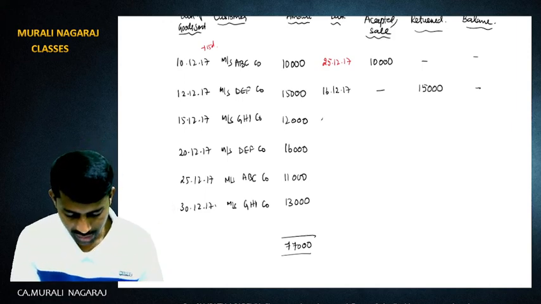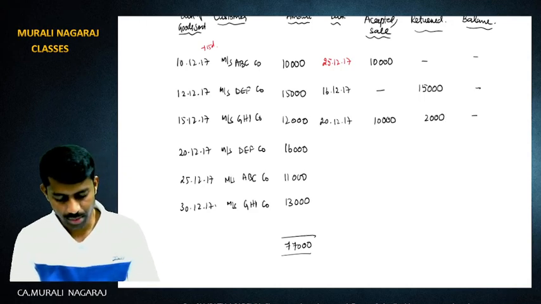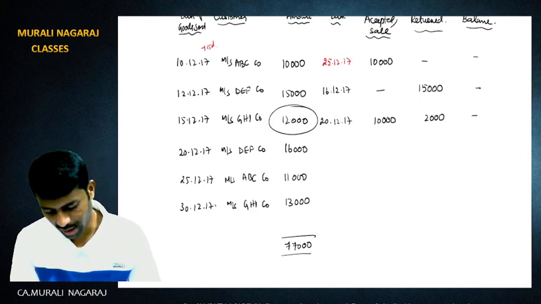So therefore on 20th we have to pass the entry. 20th 12 17. So 10,000 is the sale, 2,000 is returns. So total 12,000 amount is tallied. Next,